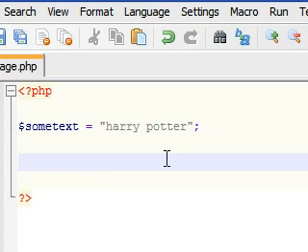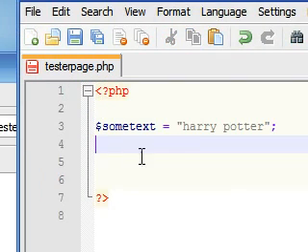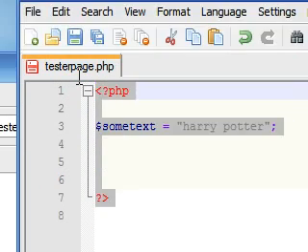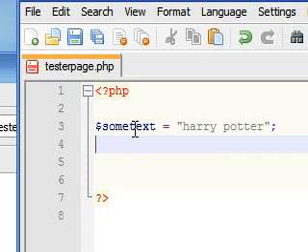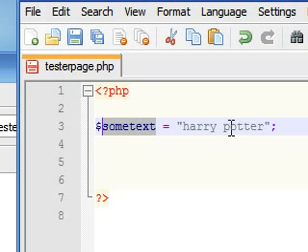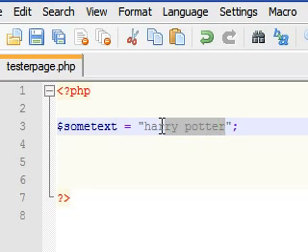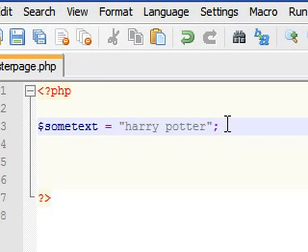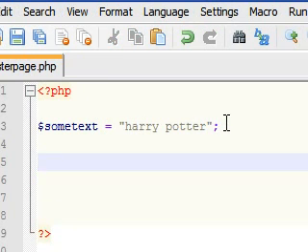So, now, if we save this, nothing would show up on the screen because we're telling PHP not to do anything yet. We just said that we have this variable named some text, and it has Harry Potter. That's what the value is. So now, if we wanted to actually display this, we would just type echo dollar sign some text.